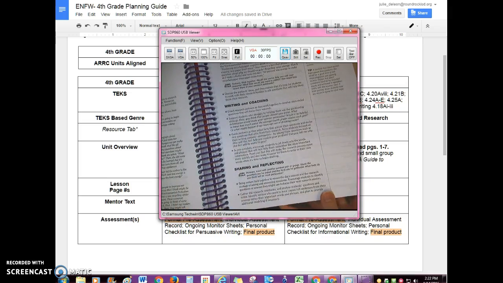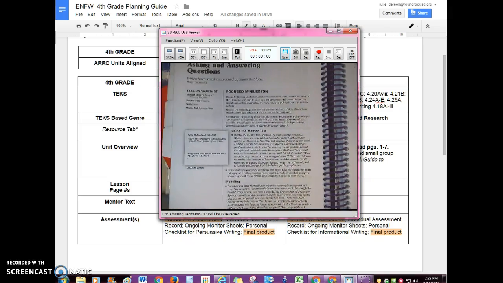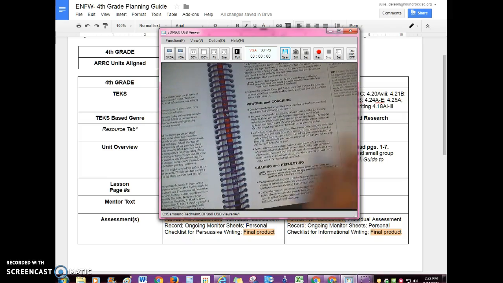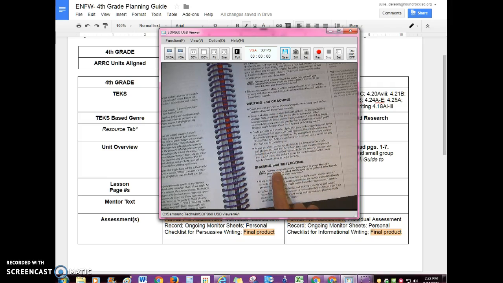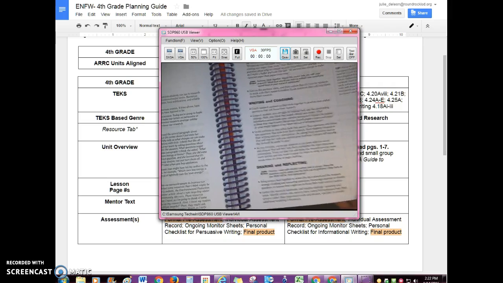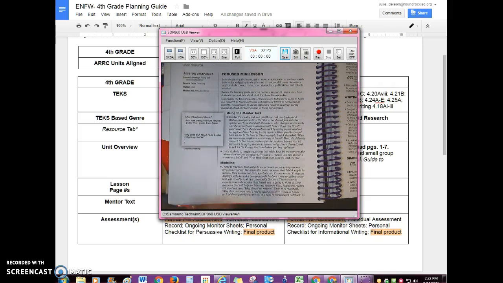So breaking down the writing workshop into the mini lesson, the independent writing and teacher conferring and coaching, and then the sharing and reflecting. So those are the parts of the book that you will